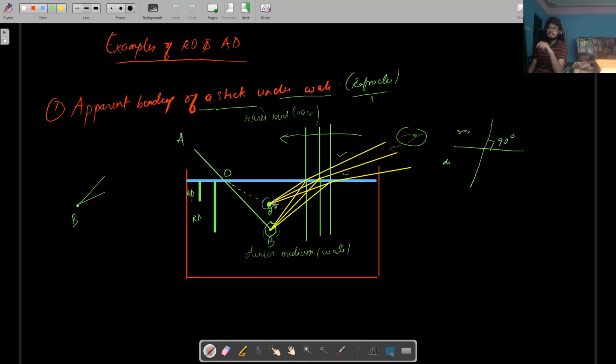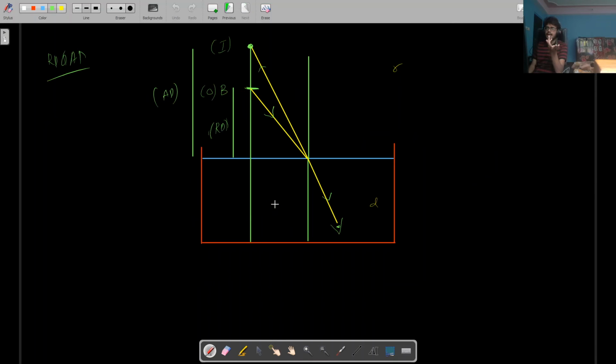It always happens. I have never heard about a fish looking at a bird, but if a fish actually looks at a bird, this is what the fish will see. If the bird is flying at a height closer to the surface of water, the fish will find the bird to be flying at a height higher than the actual height. Okay, so this is the application of